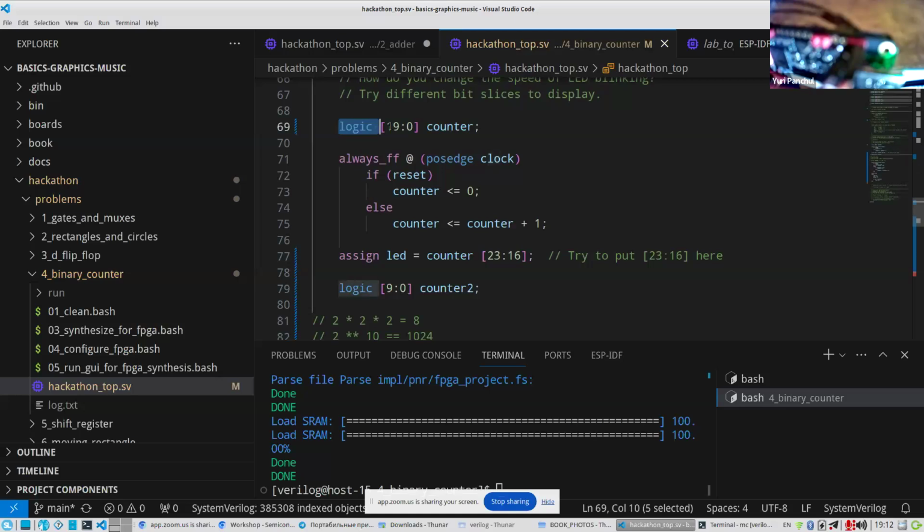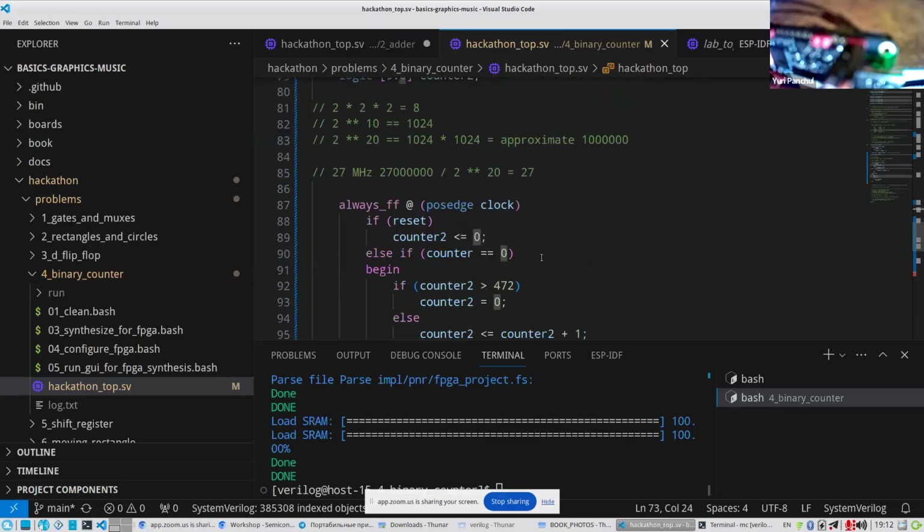So we create a 20-bit counter. And if we press the reset button, this counter goes to 0. Otherwise, it increments on every clock, which happens 27 million times a second.